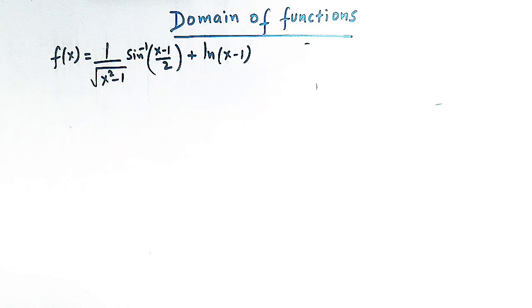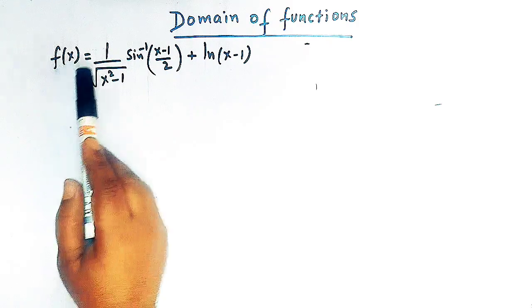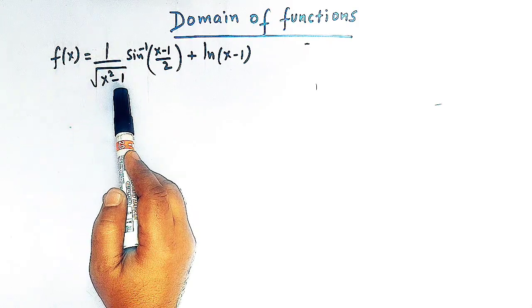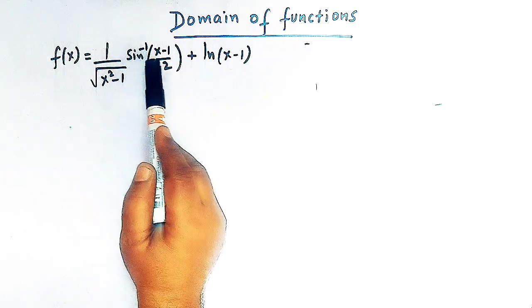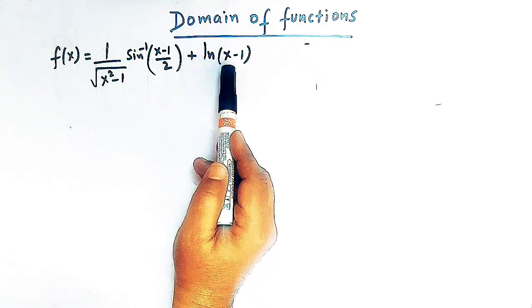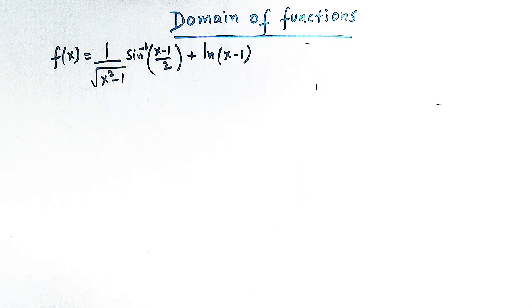Hello viewers, in today's session we are going to discuss another important problem from the domain of functions, and here we are going to find out the domain of this function f of x, that is equal to 1 over square root of x square minus 1, and here we have sine inverse of (x minus 1) over 2 plus logarithm of x minus 1, right? So here we'll see how we can find out the domain of functions where we have